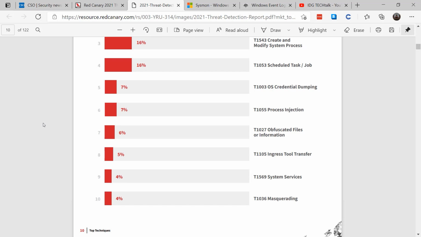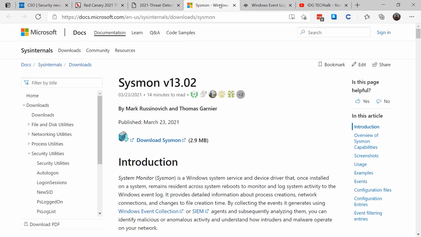It's an excellent guide on what is being seen in 2021. And of course, you want to make sure that you take the time to install Sysmon. There are several GitHub alerting techniques out there. Take the time to understand and look at them.